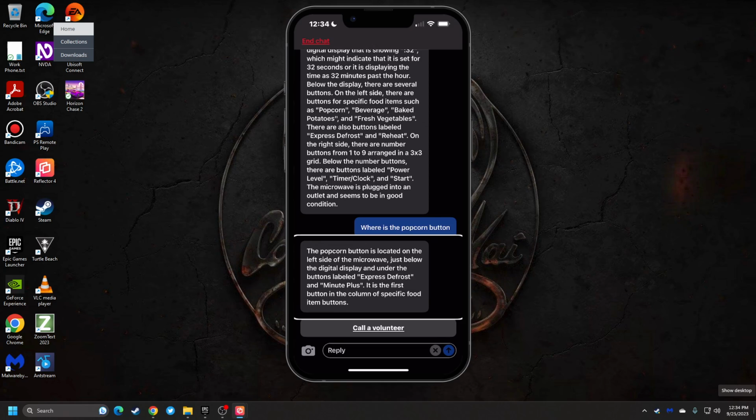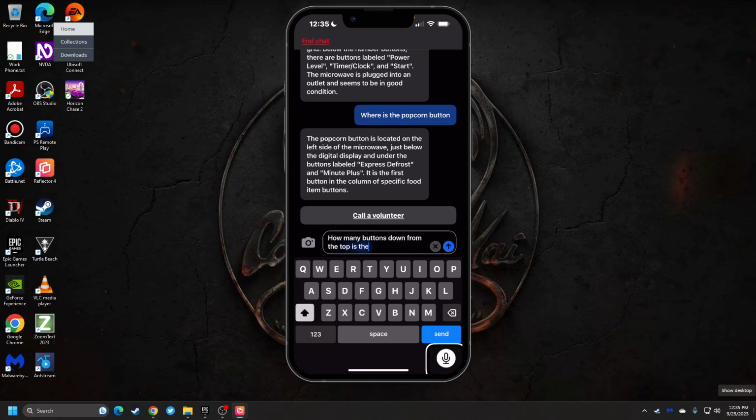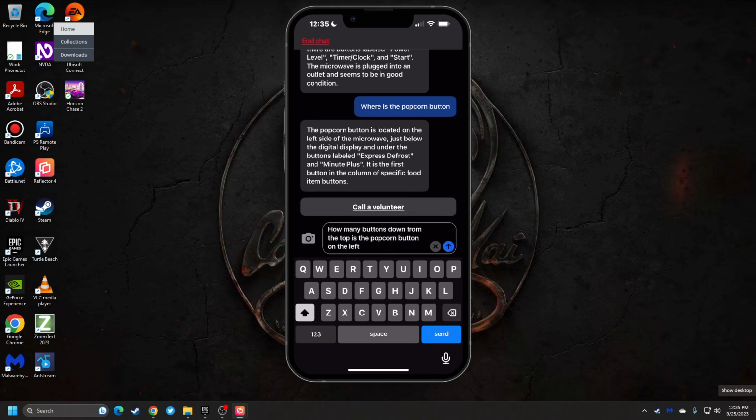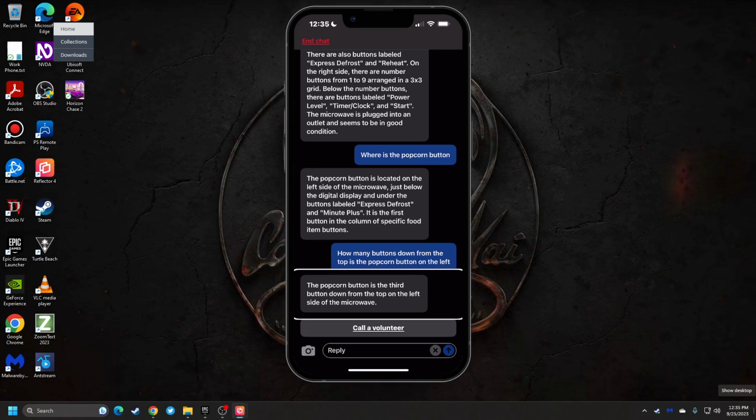Okay. So it gives me a little bit more, let's see. Because I know where it is, roughly. I'm trying to figure out how to get it to tell me exactly where it is. Message, text field. Double tap to edit. Dictate. Double tap to start dictation. Inserted: how many buttons down from the top is the popcorn button on the left. Send message. Please wait. Be my AI is writing the message. Be my AI: The popcorn button is the third button down from the top on the left side of the